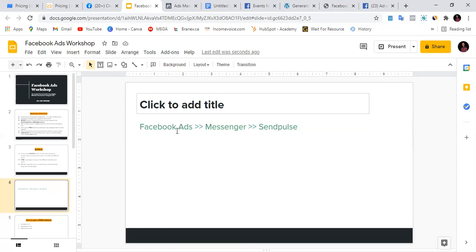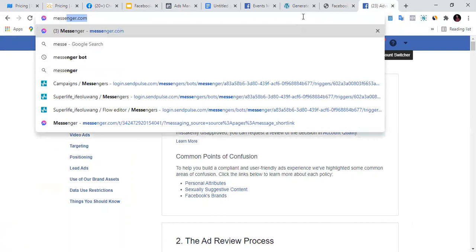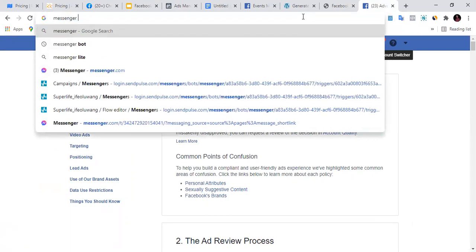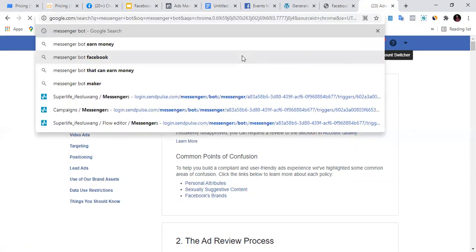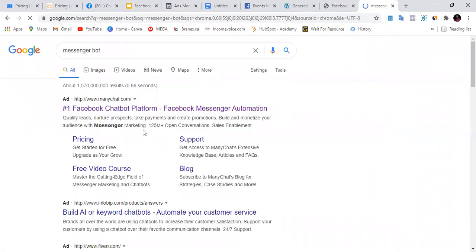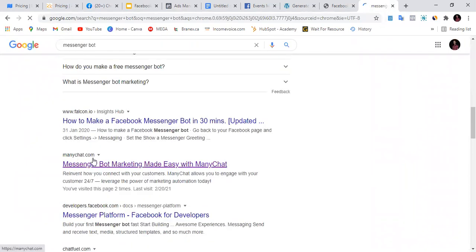Now you will be sending them from Facebook ads to Messenger and from Messenger to SendPulse. It might not really be SendPulse. You can be using another Facebook bot provider. Let's search for another messenger bot. Search for messenger bots. So there are a lot of bots here. Okay, ManyChat. You can be using ManyChat, but I think most of their